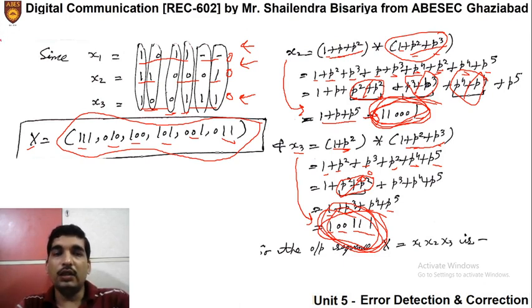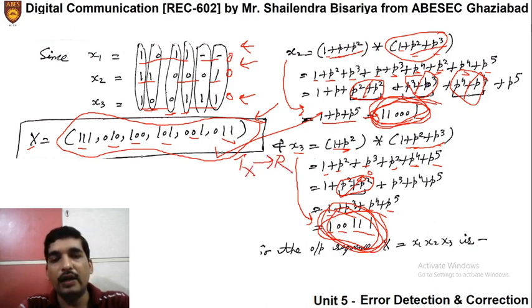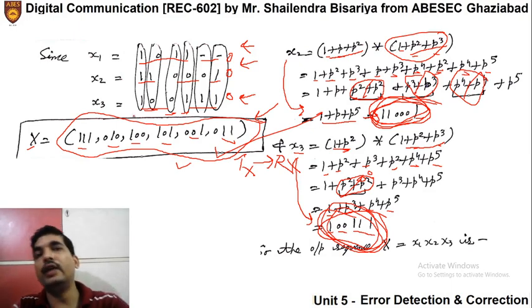Okay, so this is about what is the output code corresponding to the given input code, and how we find this output code. Now this output code will be transmitted to the receiver side. From the transmitter we will send this output code towards the receiving side. At the receiver we should receive the same, and if we receive the same, then it is okay, we can decode and we can find out the actual input sequence from this. But if this is not received, how will we find where the error is, how will we detect and how will we correct that?